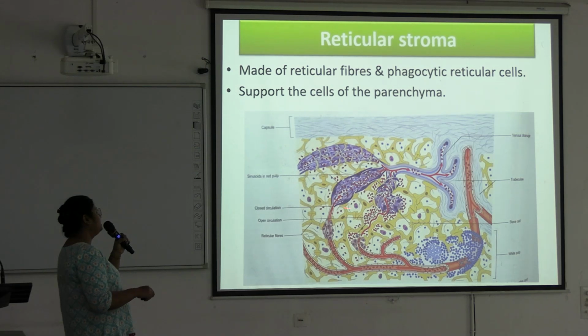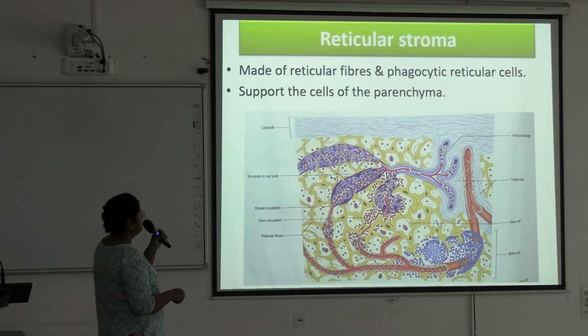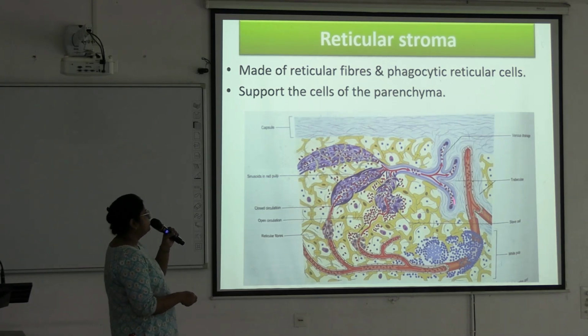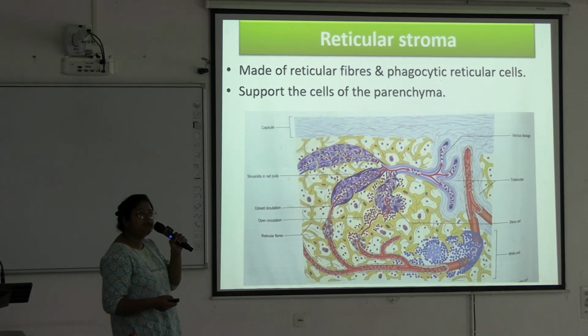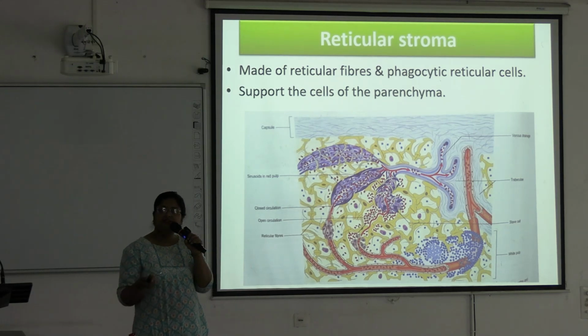You can see these penicillar arteries, some of them drain directly into the sinusoids, and some of them open into the red pulp within the Billroth cords, and from there these red dots, the RBCs, enter through the pores of the sinusoid into the sinusoids, and the blood again goes through the venules into the trabecular veins and forms the splenic veins. So this is the circulation of blood within the spleen.